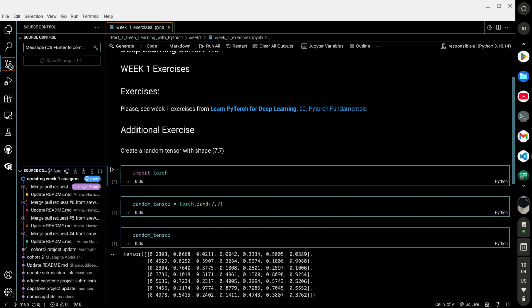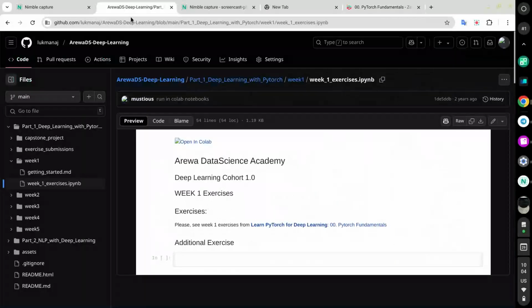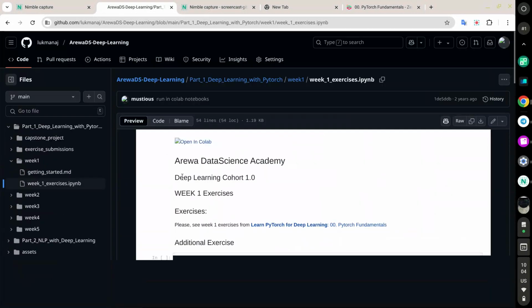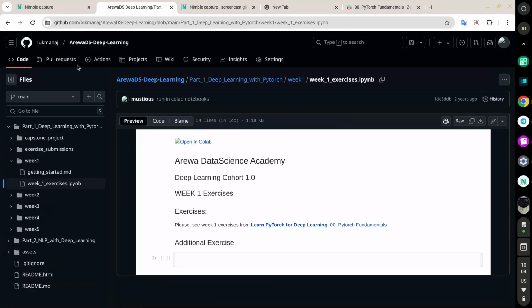That's my own copy of the Arewa DS deep learning assignment, Deep Learning with PyTorch repo. So it's syncing changes and now it's done. And we can easily verify by going back to the repository online. So this was what it was before. This was the repository before, and then we update. So just refresh,